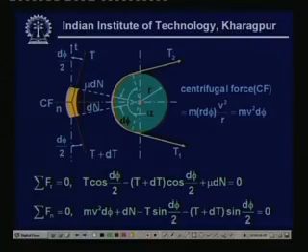Please look at the figure: this belt segment is acted upon by a normal force from the pulley onto the belt segment, and due to the impending motion the frictional force will be acting in this direction, and this is given as mu dN, where mu, as you know, is the